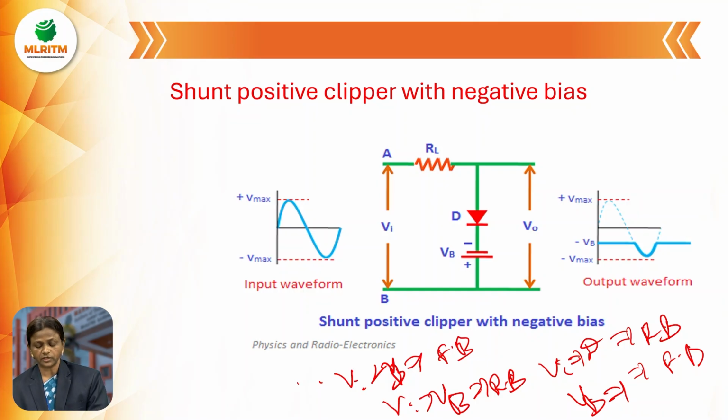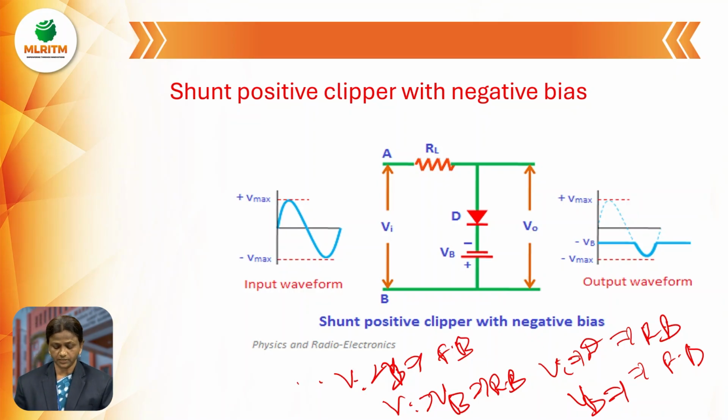In shunt connection, corresponding output equal to 0. Whenever corresponding output equal to 0, in which condition? Vi less than VB. That means from x-axis to here, biasing voltage is nothing but negative voltage. That's why that VB line is below x-axis. So from x-axis to reference voltage line, diode D is in forward bias. So in shunt connection, whenever diode D is in forward bias, corresponding output equal to 0. That's why from x-axis to this reference voltage line, that portion is represented by using dotted line.